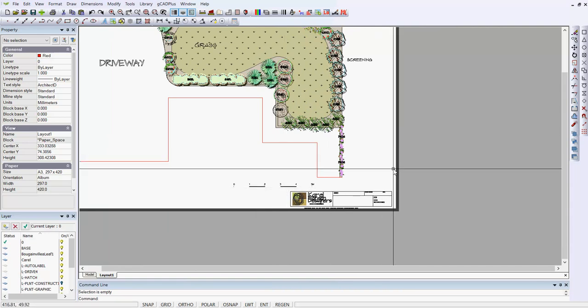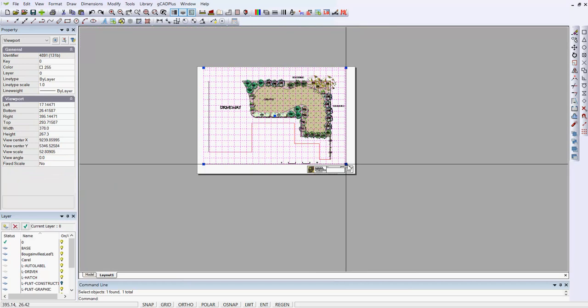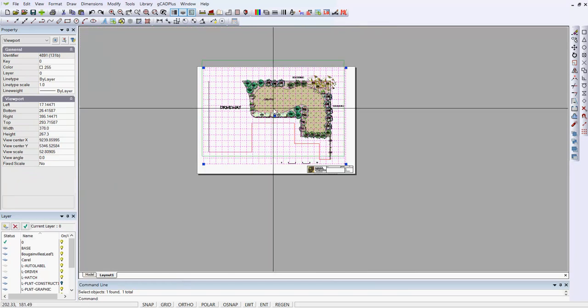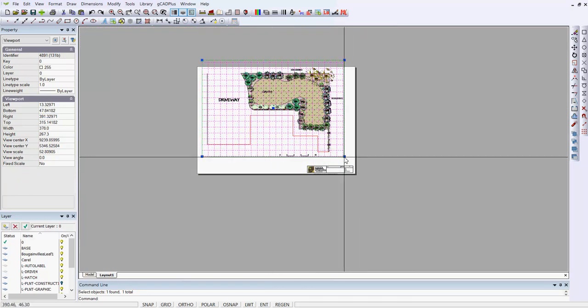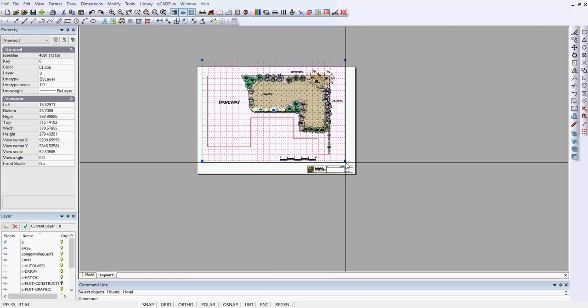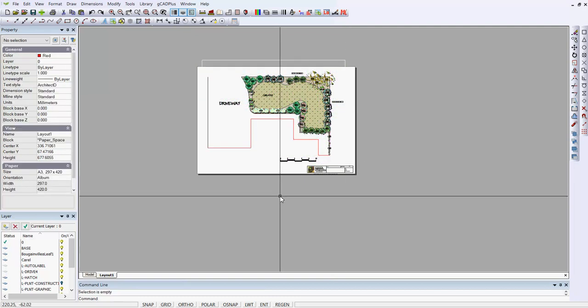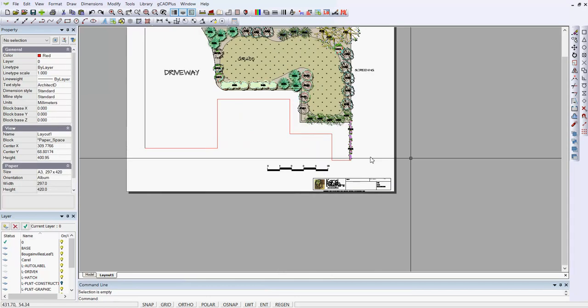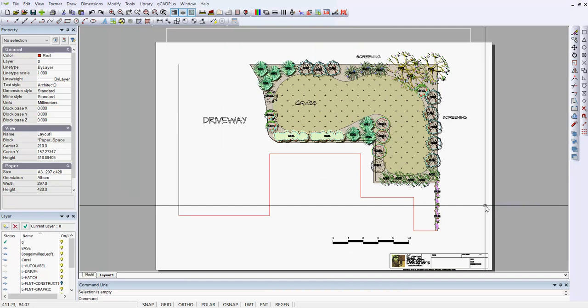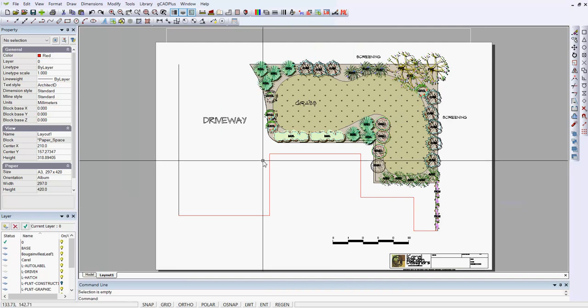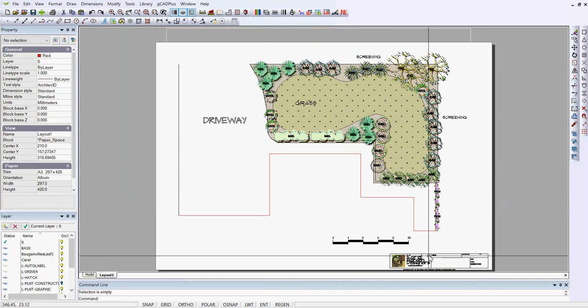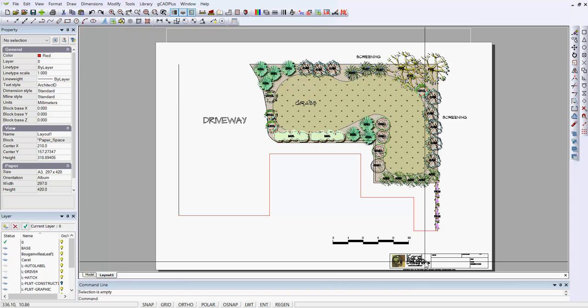So if we pick our design and just move it up a little and move the floating viewport down, we see what we want. So what was happening was a little bit of clipping. So it's zoom extents, and now it's time to print that drawing complete with the title block. You'd fill in information on the site and print. You probably want a north point, which you can also bring in from the